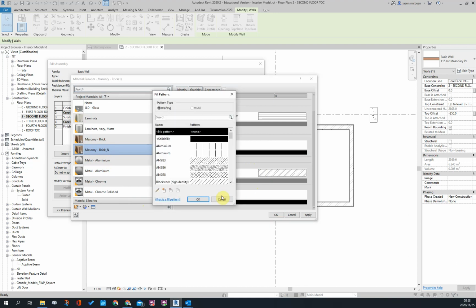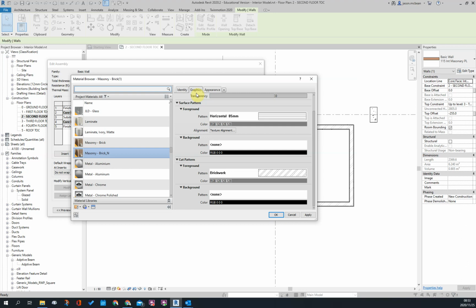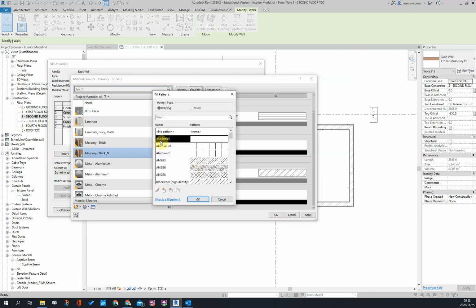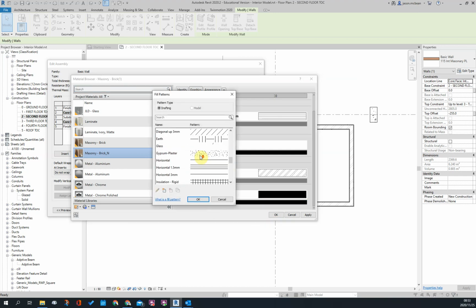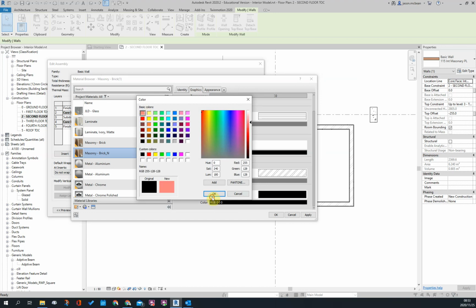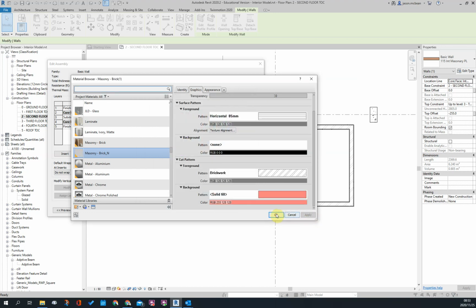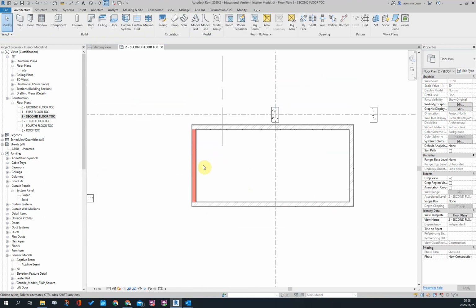The only thing that I'm going to do is in the background. So in the background settings in the graphics tab, you're going to go and select a background pattern. Okay, solid fill, and then this will just be a red color. So that's all fine, just change the color now, and I usually use the slide red, press apply, press okay, okay, alright,